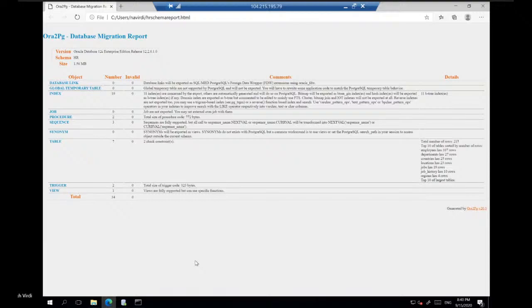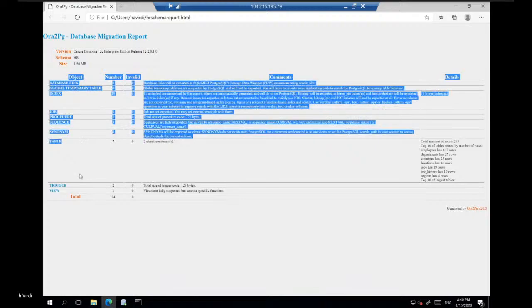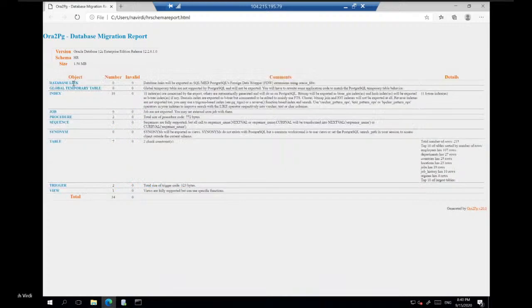Okay, but anyways, if you look at this report, it will give you a lot of details. For example, what was the name of the schema that it assessed? What is the size of that database or schema? What are the different types of objects that it identified in the Oracle database, from things like DB link to global temporary tables to indexes and different things.